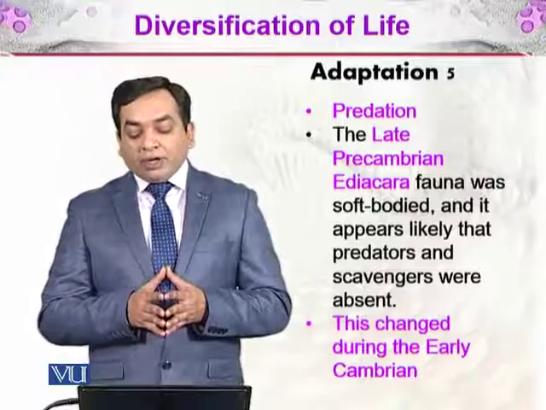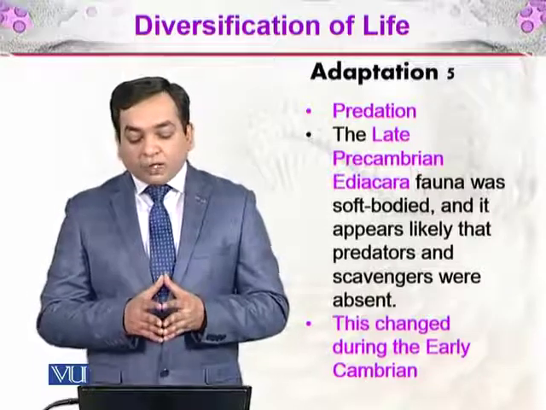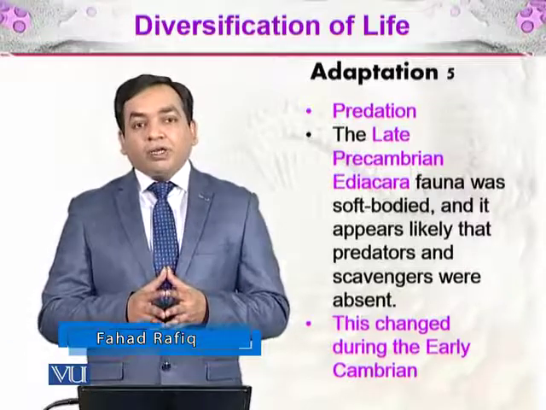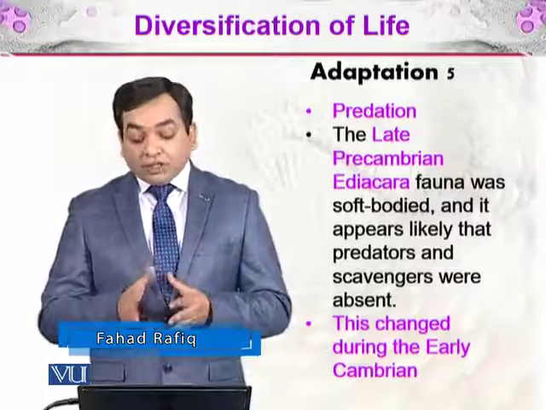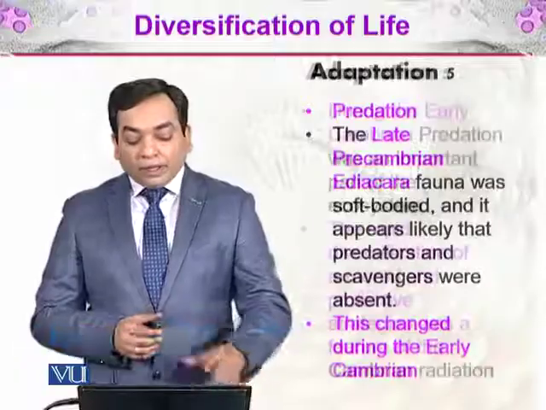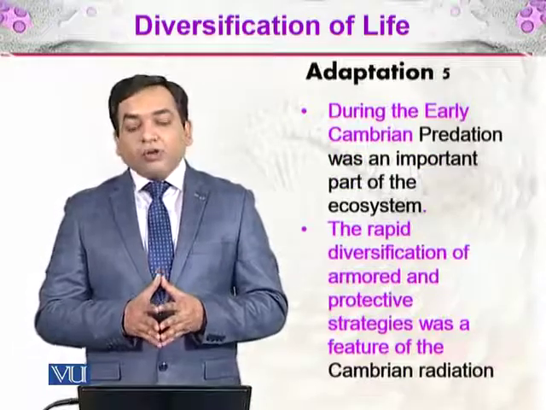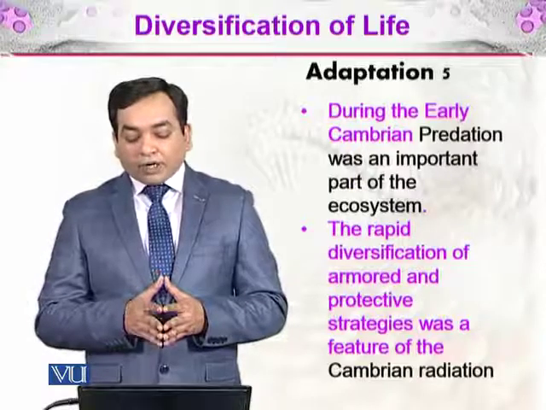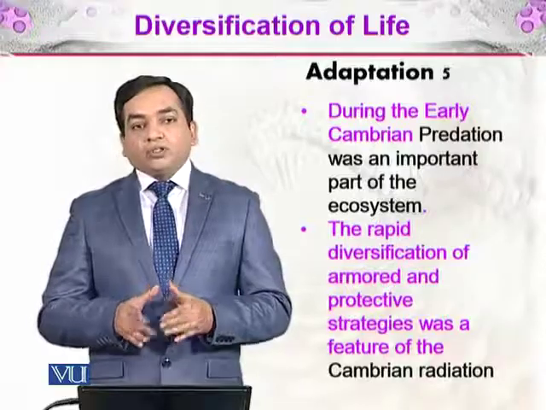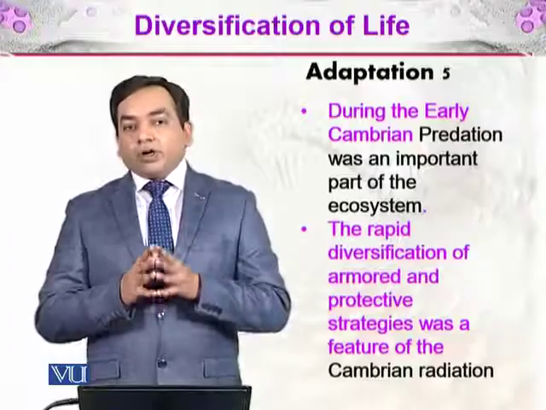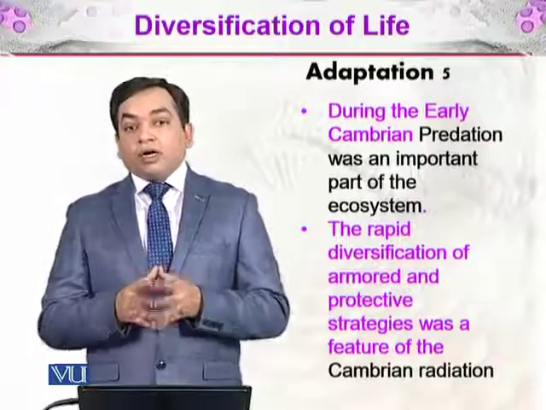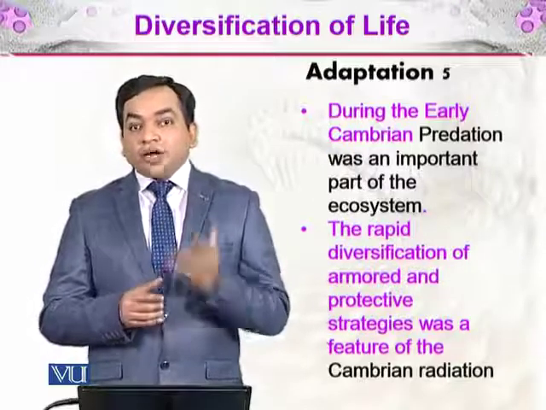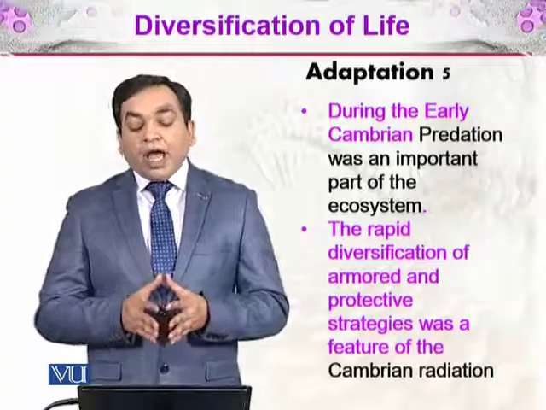The late Precambrian Ediacara fauna was soft bodied, and it appears likely that predators and scavengers were absent in that Precambrian Ediacara. So, what happened that this changed during the early Cambrian? In the early Cambrian, predation was an important part of the ecosystem. The rapid diversification of armored and protective strategies was a feature of Cambrian radiation. So there were exoskeletons, and the organisms which were soft-bodied earlier developed very hard calcareous or siliceous shells to protect themselves from being eaten,